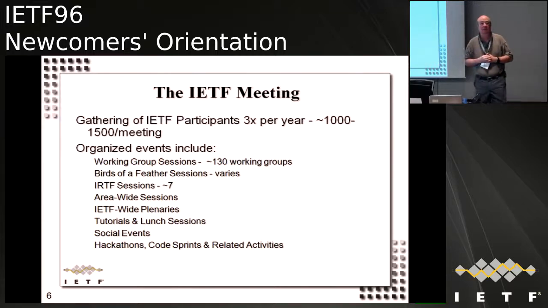So this meeting is about, where are we at, Alexa, about 1,200 people? Yes, at least. Okay, so meetings right now are running about 1,000 to 1,500 people for every one of the sessions that happens 3 times a year. We've been as high as about 2,400 during the IETF, during the .com boom. We've been as low as 12 when we got started. I think the second meeting we had in the conference room, that was it.